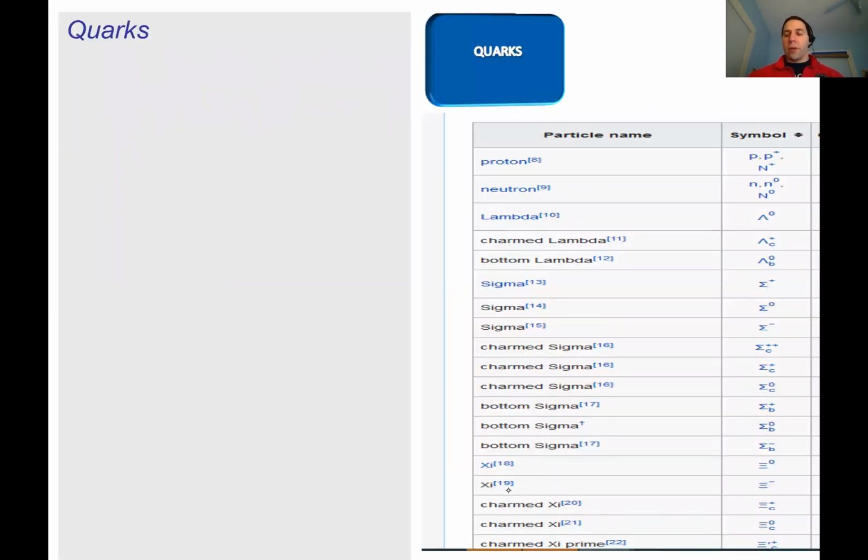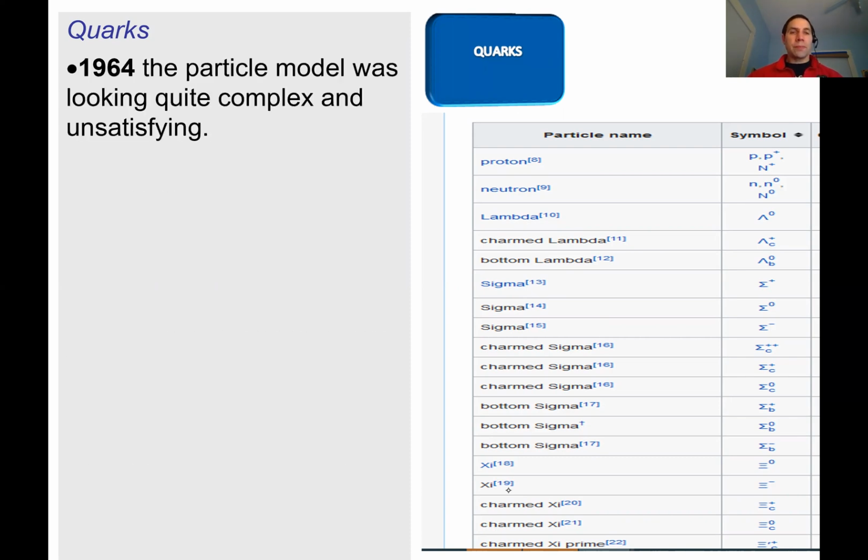Okay, let's talk about quarks. So quarks, what's going on here? A little bit of history to help you understand how we came up with this thing that's going to sound really bizarre at first. Well, what started happening is in experimental physics, we started building these particle